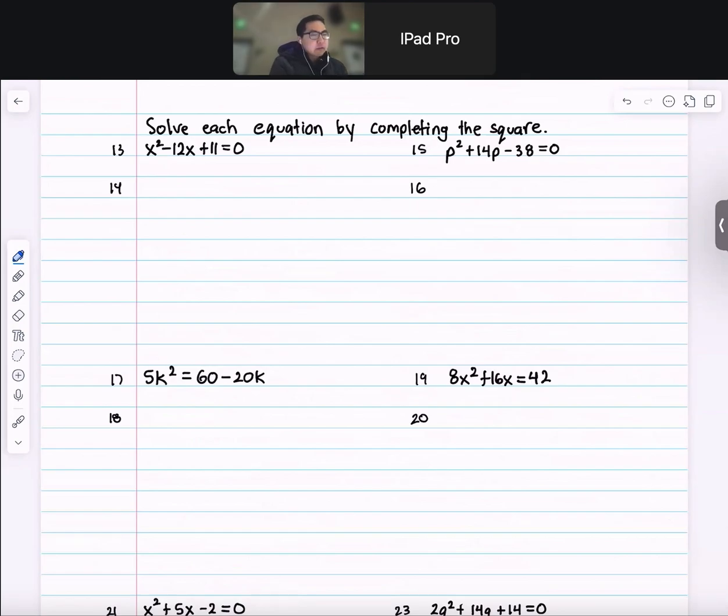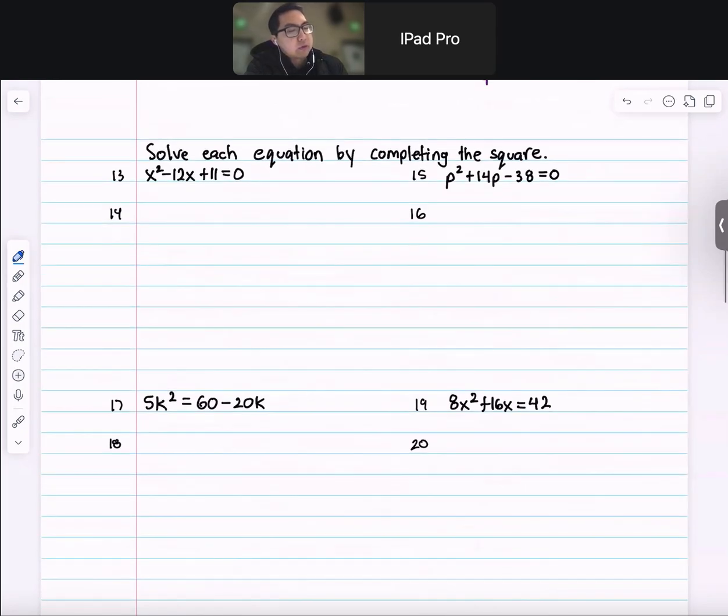Okay, so for these problems, you are trying to solve by completing the square. Now remember, when you solve by completing the square, you want it to look like this form: x squared plus bx equals c, some type of number, right? Not equal to 0, but some type of number, with no a value. Okay, so when we look at this one,